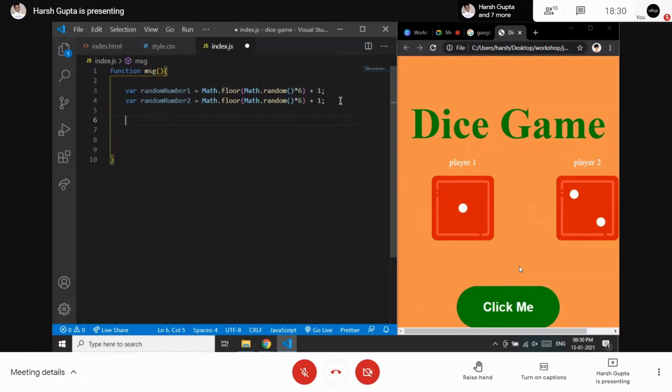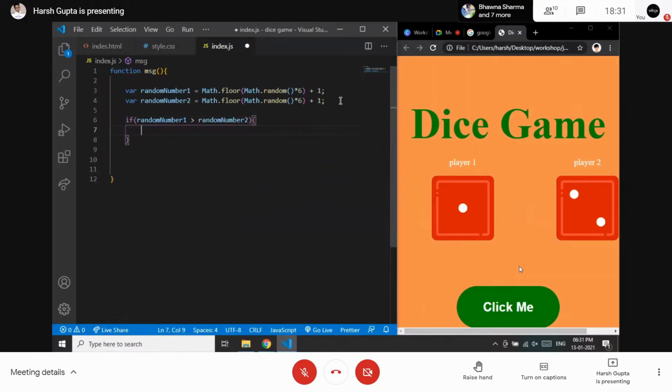The condition we will be using in today's game would be an if else statement. If player one's number is greater than player two's number, then it should show that player one is the winner. So random number one should be greater than random number two.